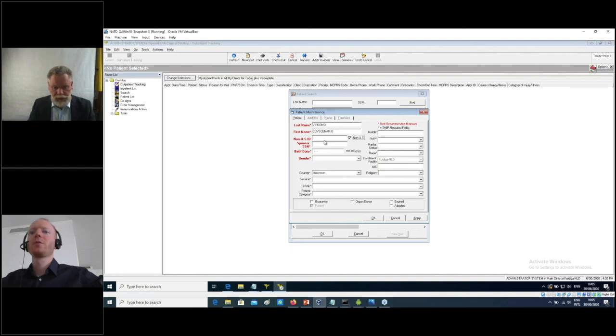Patient has a non-US ID. The response ID is the same. The gender is going to be male.